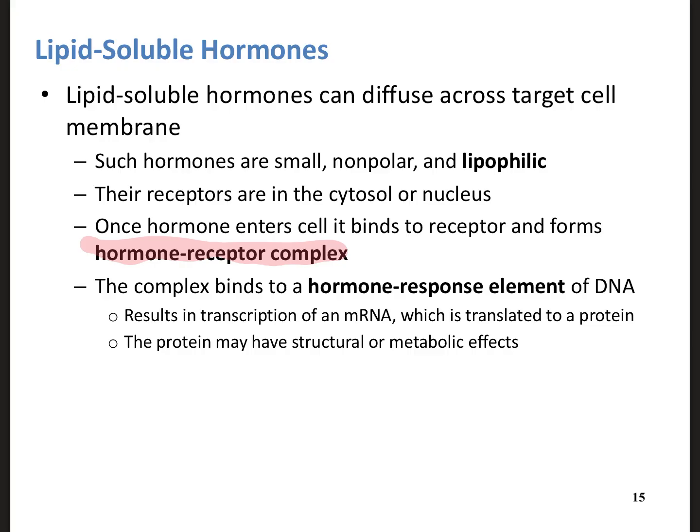When that happens, the estrogen receptor binds to another estrogen receptor that's bound to another hormone, and those two dimerize. That group then goes to the nucleus and binds to DNA and promotes mRNA transcription and protein synthesis. Okay, so it promotes gene expression. That is how a lipid-soluble hormone works. Testosterone, progesterone, estrogen, thyroid hormone all work in that mechanism. Does that make sense?